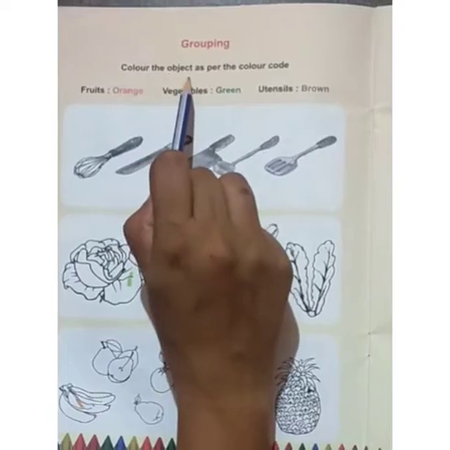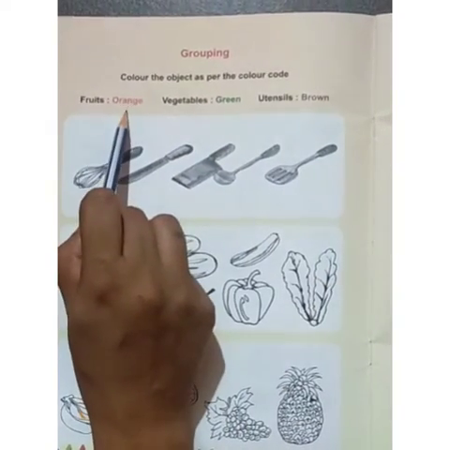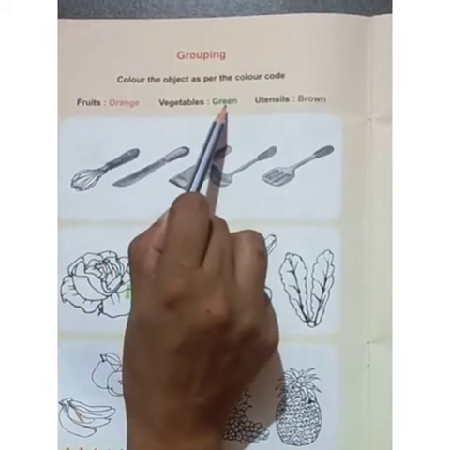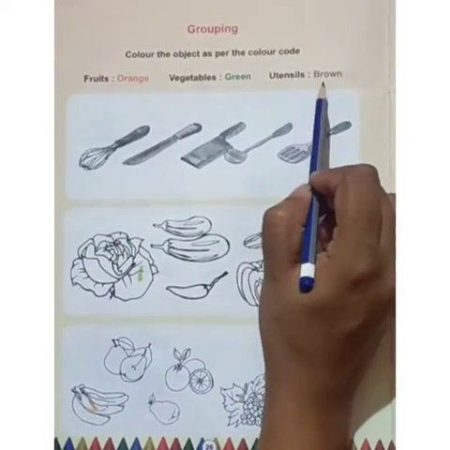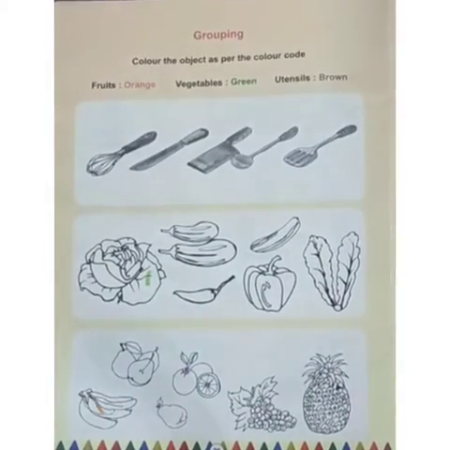Grouping. Color the object as per the color code. Fruits with orange, vegetables with green, utensils brown. Now let us color fruit with orange.